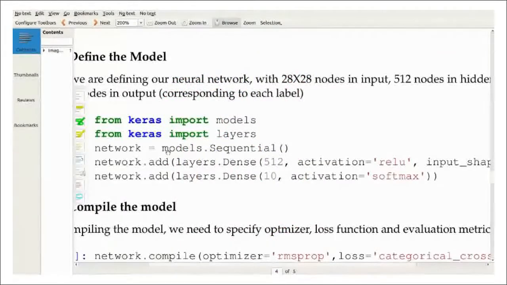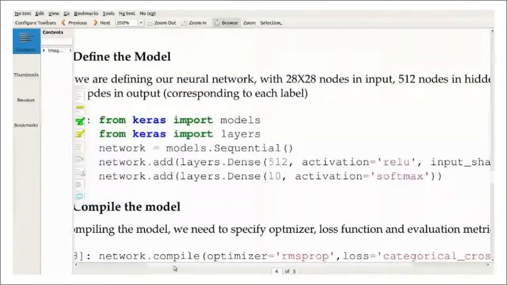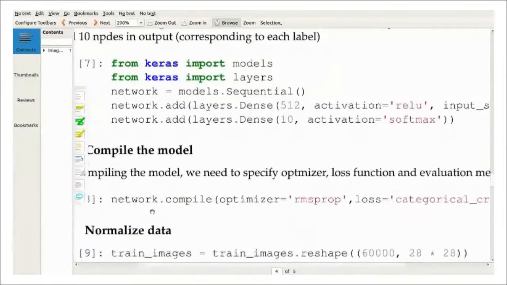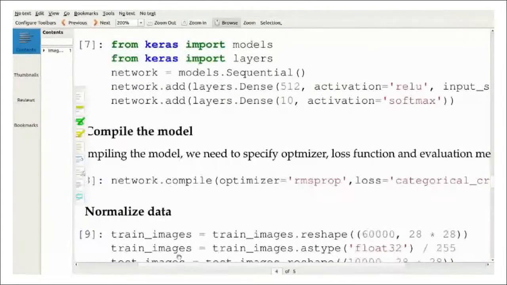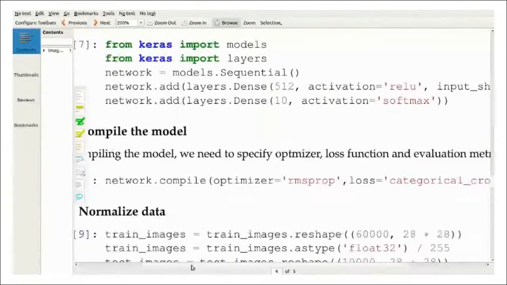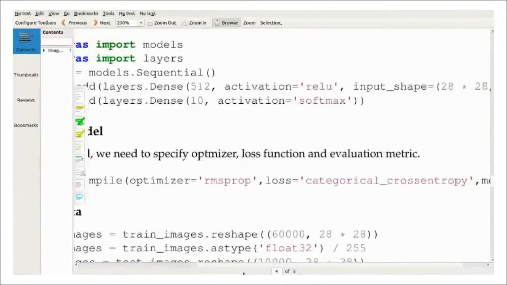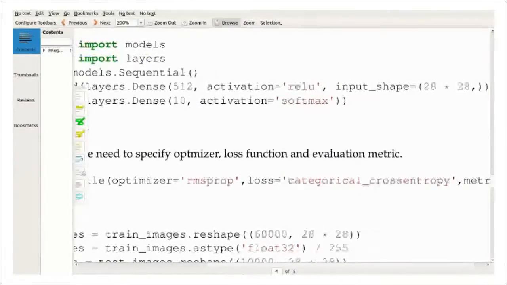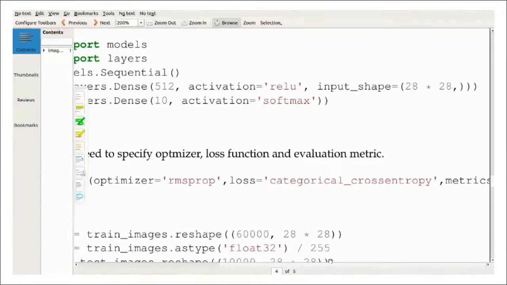So this is the architecture. Hope it is clear. So the model is created. After creating this model, we have to compile the model using the compile function. In the compilation, we have to give parameters like which optimizer we are going to use. We are using the root mean square optimizer. The loss function we are using is categorical cross entropy.